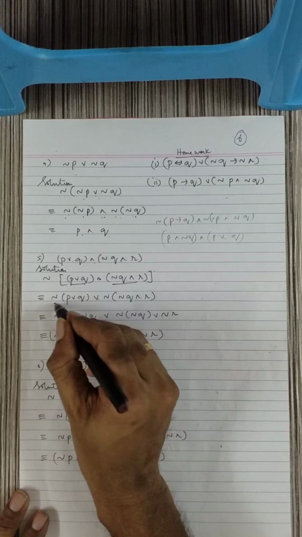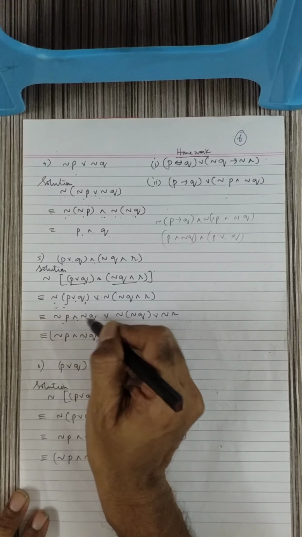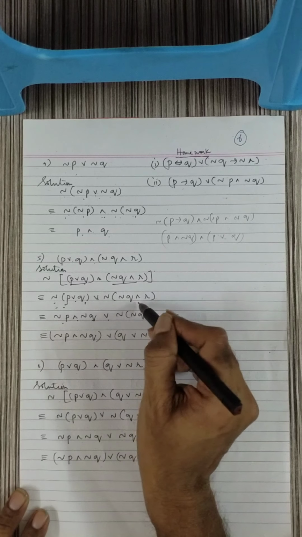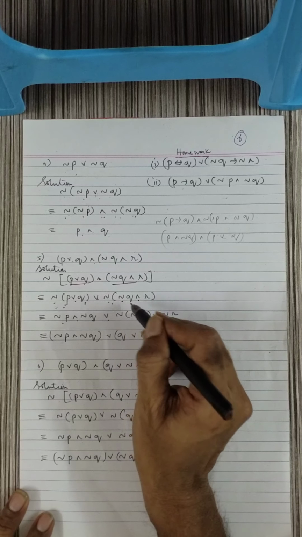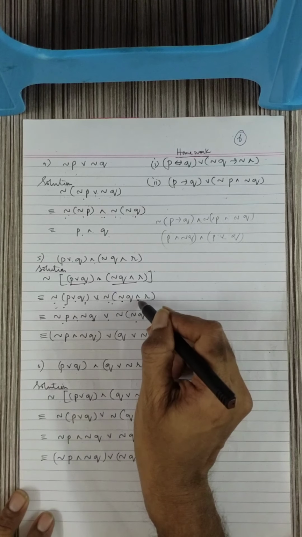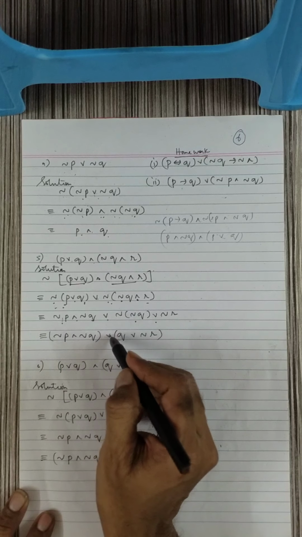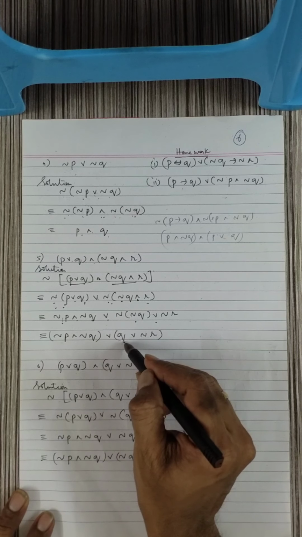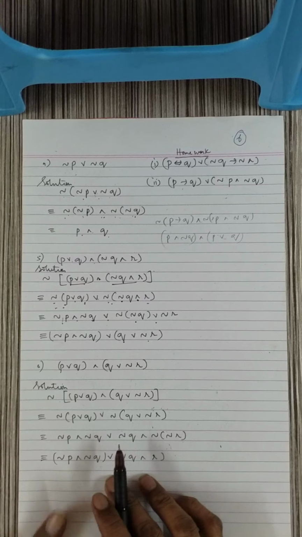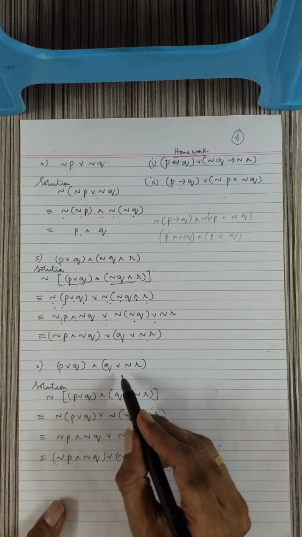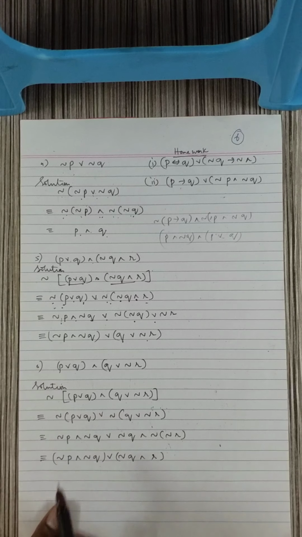Now again if you look here, this is negation of OR. So P or Q, negation of the first part and negation of the second part. This as it is. And here again there is AND. So negation of the first part, that is negation of Q, will become OR and negation of the second part. As it is, negation of negation will become Q or negation R. This is P or Q and Q or negation R. Again negation sign outside, remaining things copied as it is.